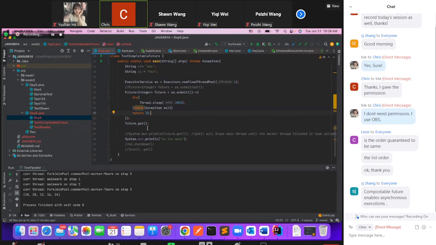But actually, I just want to explain the idea that if we have some logic that runs before the future.get, and later we want to perform some further operation, maybe send some request based on the return object. So with the future, in this example, we want to multiply the 10 by 2, right? So as the second step,